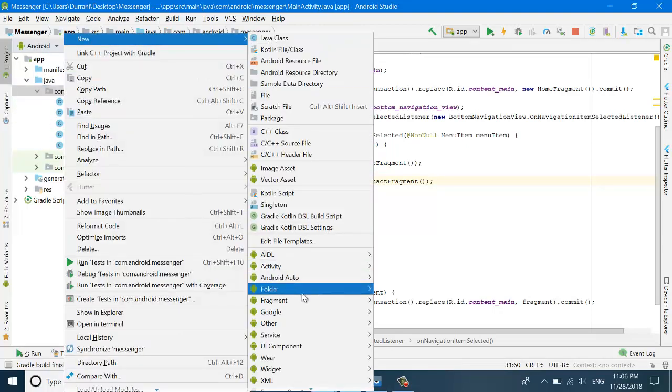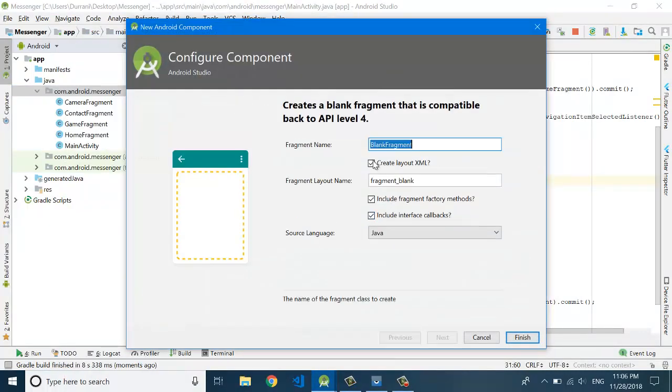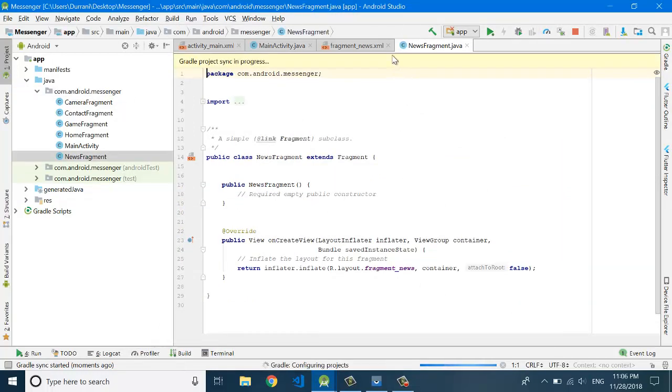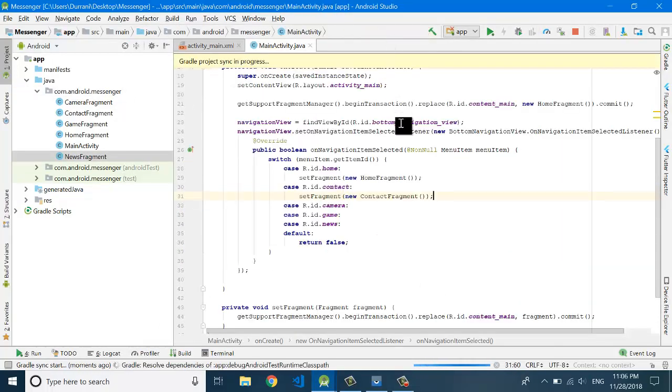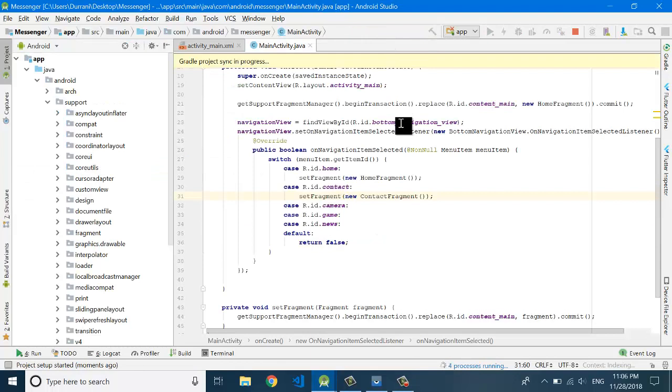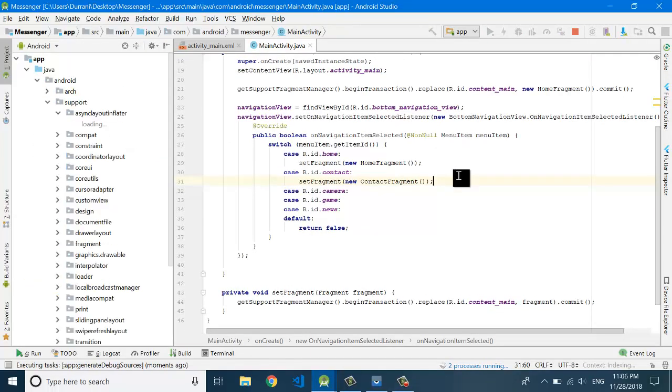I set the name of this fragment to news fragment, but it is totally up to you. So create the news fragment and okay, now copy this method